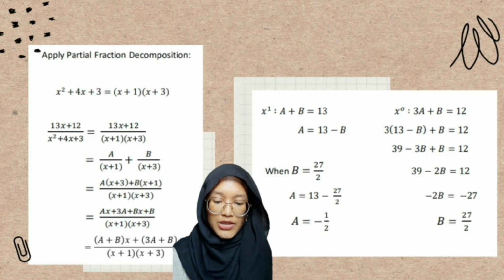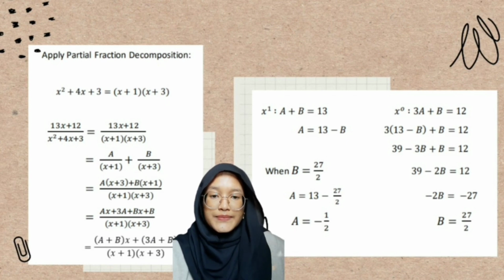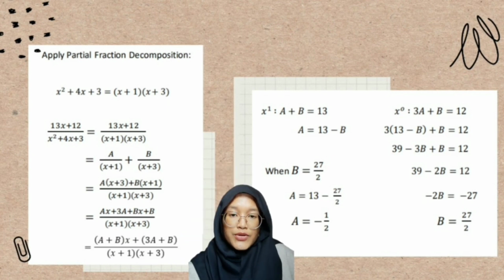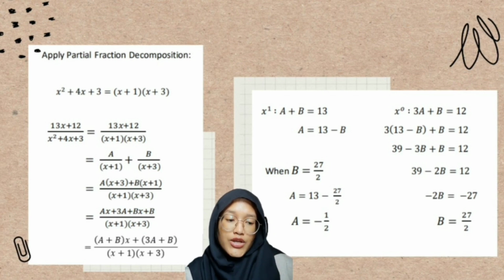Here, we look at the type of factor, which is non-repeated. Firstly, the quadratic will be factorized, and then we look at what types of factors there are. There are two types of fractions, which are over x plus 1 and x plus 3. We look at them: x plus 1 is linear, so it is a over x plus 1, and b over x plus 3. After we get the equation a over x plus 1 plus b over x plus 3,